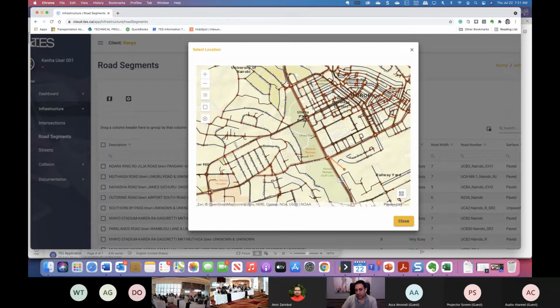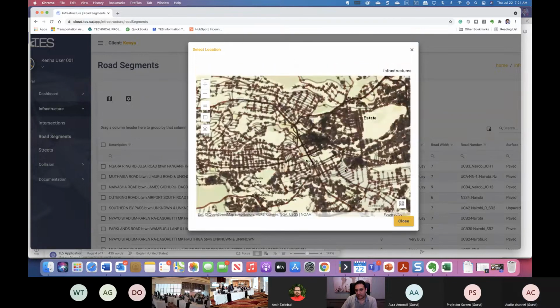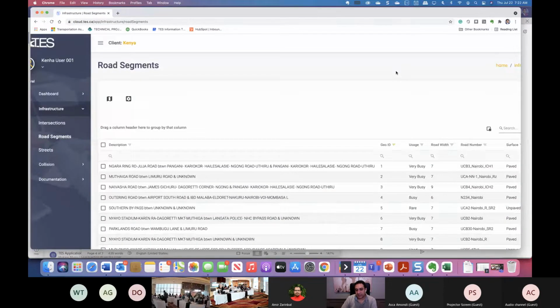So I click, it will create a dot. I will create a polygon around the corridor I'm interested in. Go here, back, all the way to the end and close it off. Now, that area that I selected is highlighted, and if you see that infrastructure up here, if I click on it,